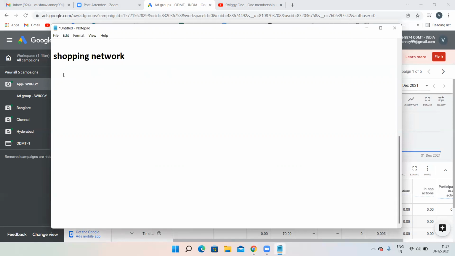Now, creating a shopping network campaign is the toughest among all the 5 networks. Mobile app is the easiest one and shopping is the difficult one. It is not like search or mobile or display where you'll be creating your campaign in 1 or 2 hours. No, it is not like that. It will at least take 2 to 3 days to create your shopping network campaign only. And to understand shopping network also, it is not very easy to understand. Some people, I'm talking, it will take to master shopping network some 6 months of time also. Because shopping network is a little bit difficult when compared to all the networks.